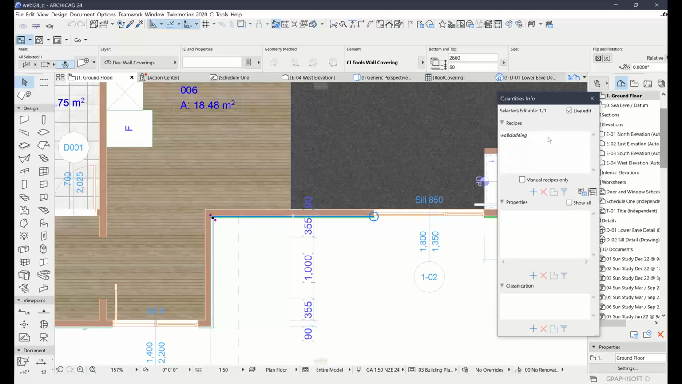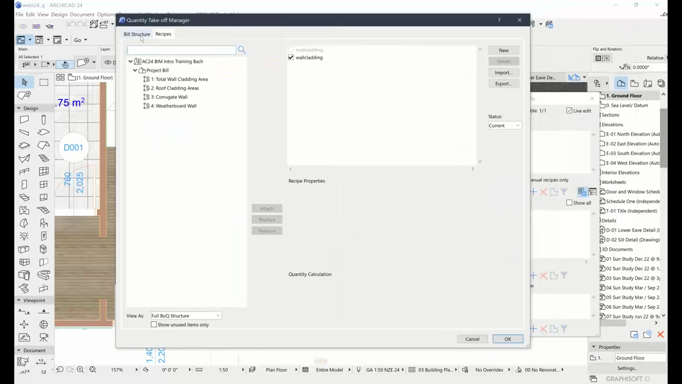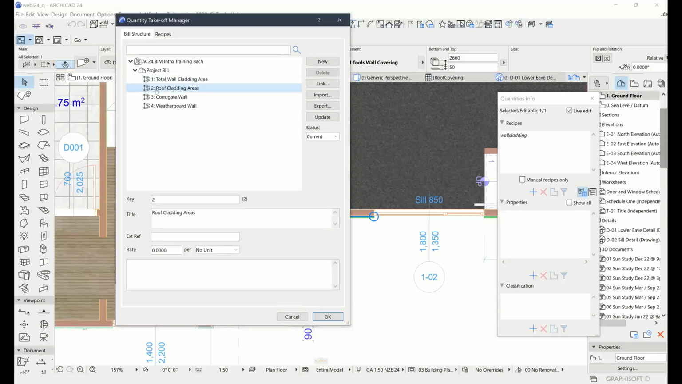So I'll just look at how we do that and what kind of data you can expect to see out of it. So I will just open up the quantity takeoff manager that shows us how this works. At the moment, I've set up a couple of bill items, and bill items in quantities are essentially you saying these are the things that I'm interested in measuring. And with these ones that I've set up in advance, we've got the total wall cladding area, we've got the roof cladding, which I'll ignore for now, but the total wall cladding area,